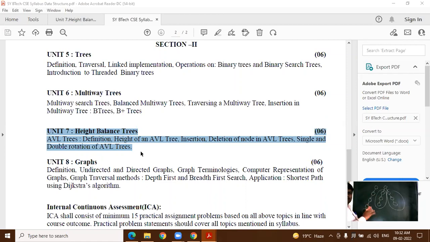Rotate. Some of the nodes we need to shift to the right side. For that purpose we use the rotation operation, to convert the unbalanced tree into the balanced tree. The rotation operation is performed as single rotation and then double rotation. Single rotation is again of two types: left single rotation and right rotation. Now where you want to rotate, at the left side or at the right side. Now again, in case of double rotation,